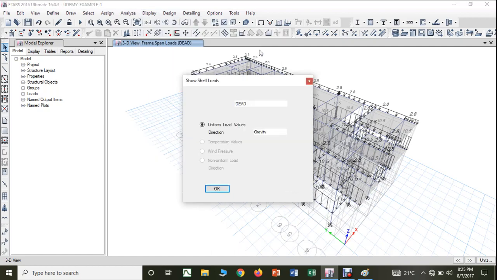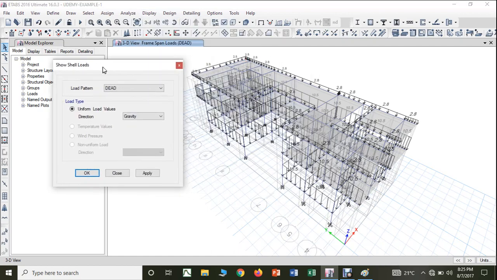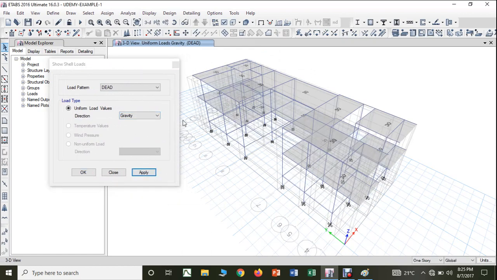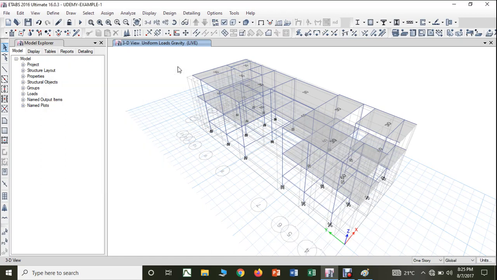I will go to shell. So in that shell, first let us check all the dead loads which are acting on the slab. Therefore I will give dead, I will give apply. Now you can see here 30, here 30, that is floor finish load. Now when I make it live and give apply, you can see it is 60, it is 30, that is live loads. So it means all my live loads as well as dead loads have been assigned. Okay, all my live loads and dead loads have been assigned, right. Yes. So once this is done,